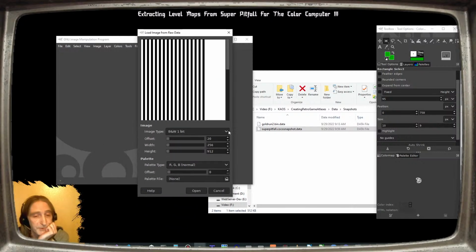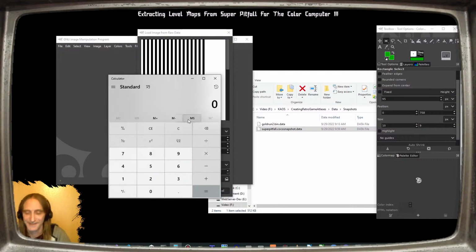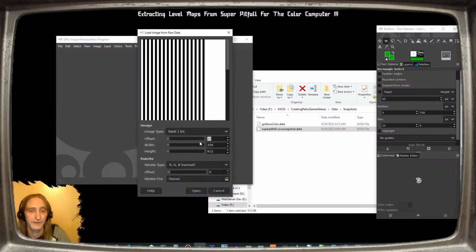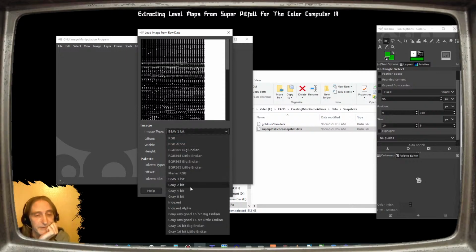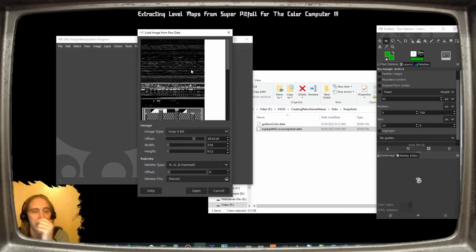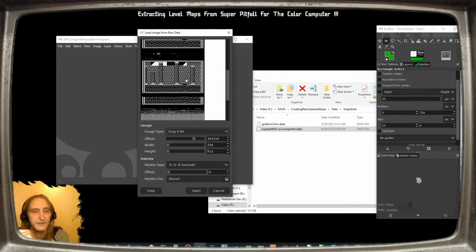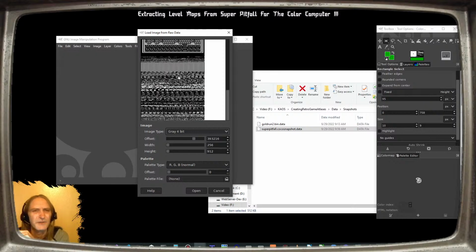So we know that it's got some pretty sizable sprites. Let's see, what was that number again? 384 times 130. Yeah, there we go. I want to make sure we skip that first 384K. And we know that this is going to be gray. So we've got 256. So we know this kind of looks like it might be some sprite data in here,